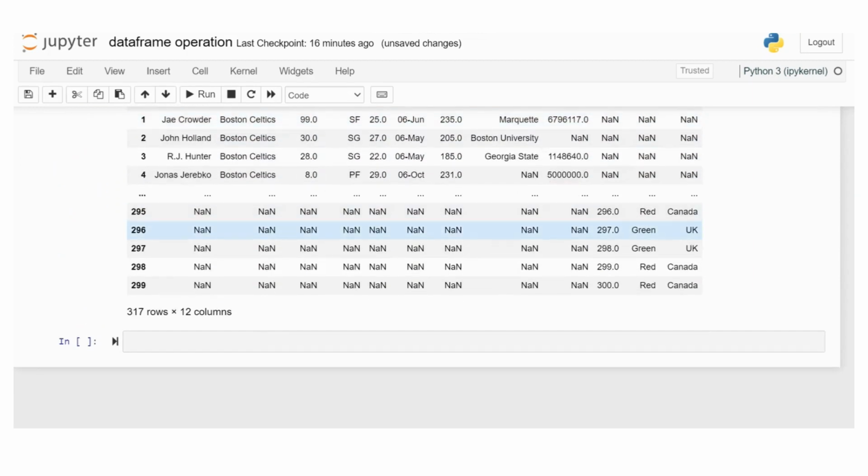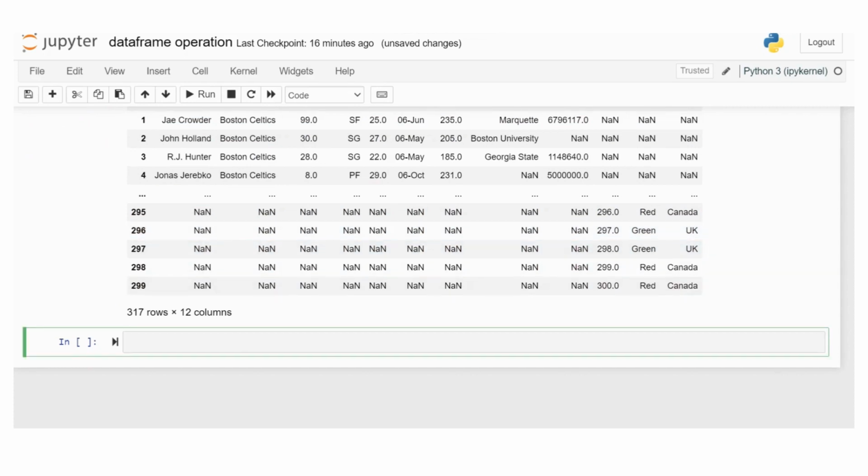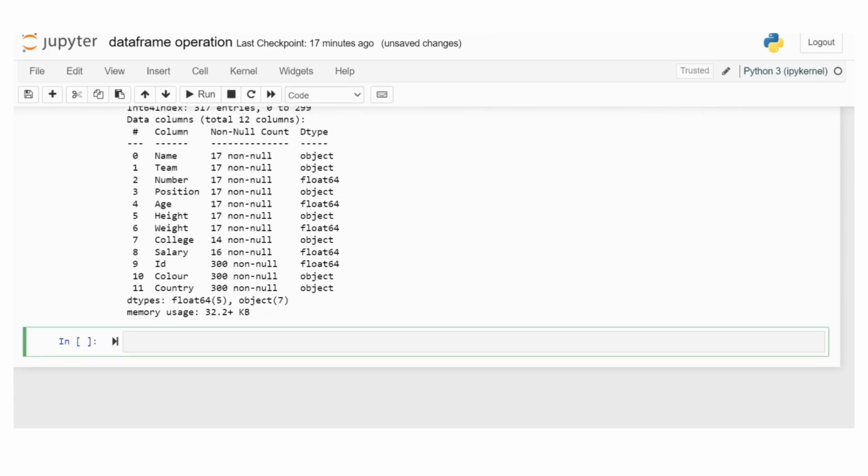Okay, and I want to perform another operation. Let's check the information about the merged data: df.info.